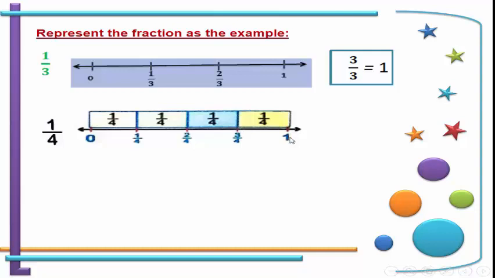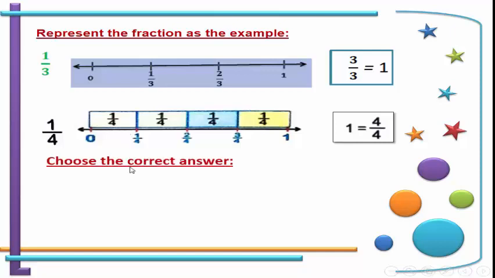You know that 4 over 4 equals 1. And then write 1 over 4, 2 over 4, 3 over 4, and 4 over 4 equals 1. Each part equals a fourth, or 1 over 4. This fourth and this fourth and this fourth. Okay,